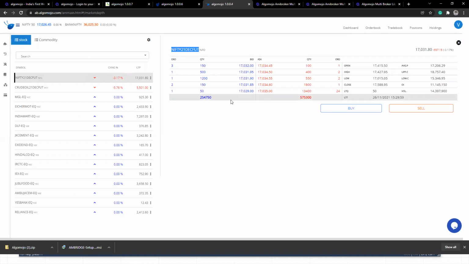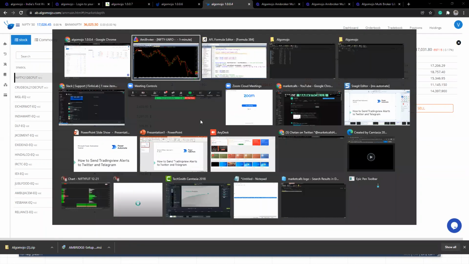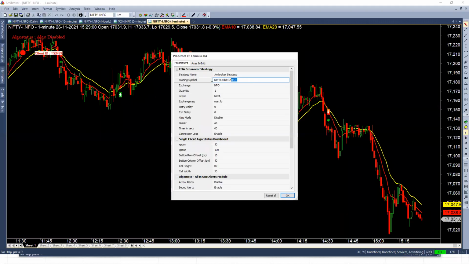But as I said, it is more of a broker discretionary. Brokers are these days coming up with different symbols. So accordingly, I select it over here. Else, what will happen if you paste the trading symbol in a wrong format? Obviously, you might end up missing the trading opportunity. So ensure that the trading symbol is right.